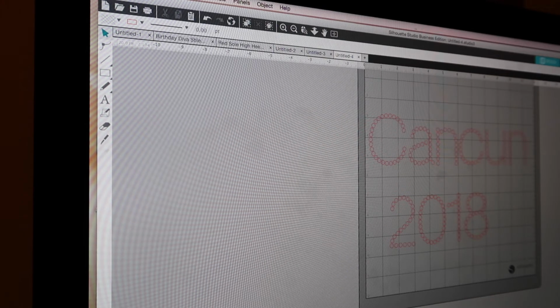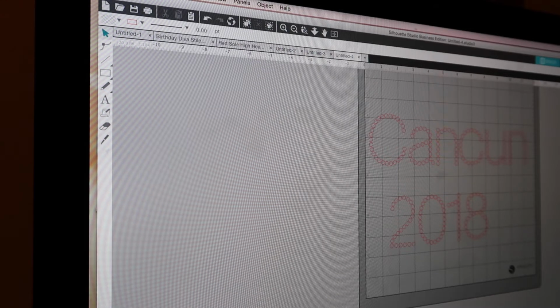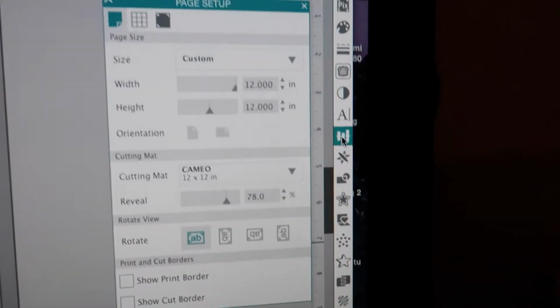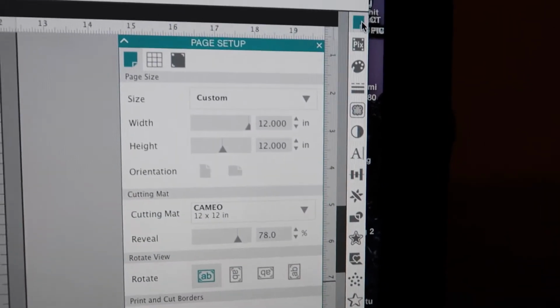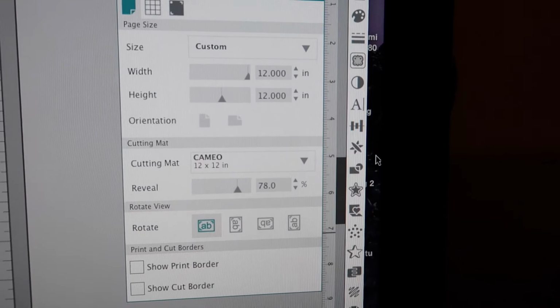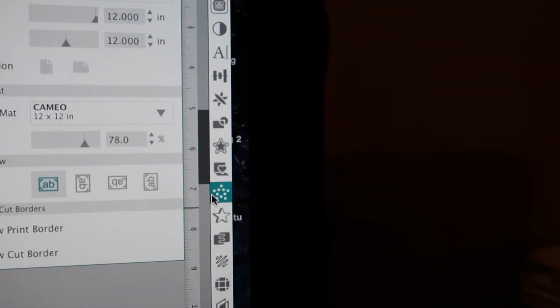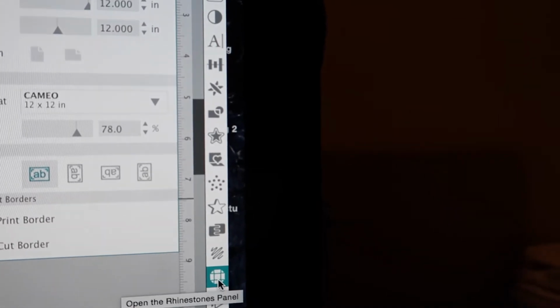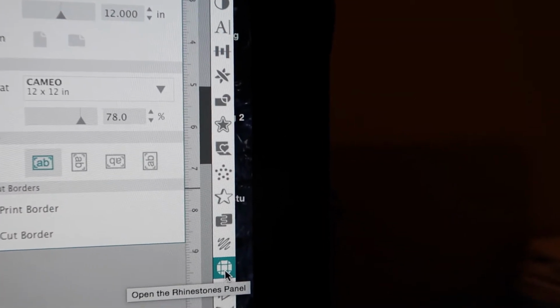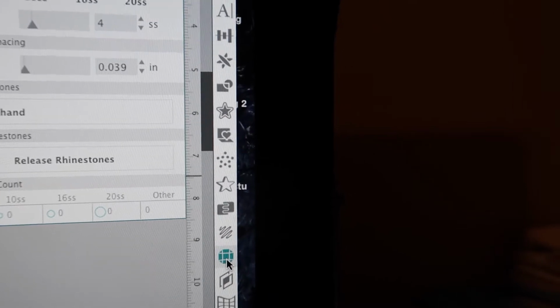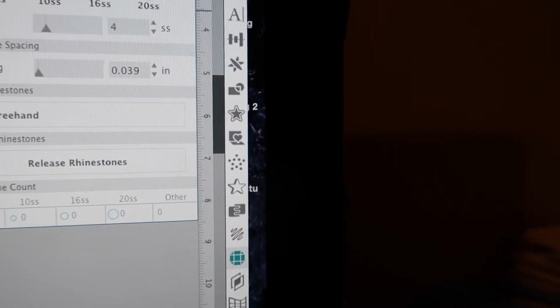And then what I'm going to do, over here we have options on whichever icon you want to select. And this is the bar. So you have different options over here that you can select to work in. The one that I will be working on is down here, and this is the silhouette. This is the rhinestone panel. So I click on that, and then in here